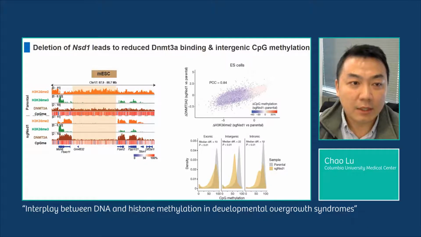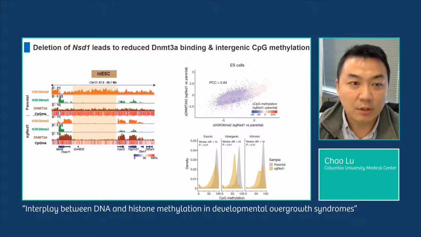You can appreciate that the levels of H3K36 dimethylation are indeed depleted upon the deletion of NSD1. This depletion predominantly affects intergenic regions, where the genic H3K36 dimethylation was largely retained. Also importantly, the closely related mark H3K36 trimethylation remains largely unchanged when NSD1 is deleted, suggesting that it specifically affects